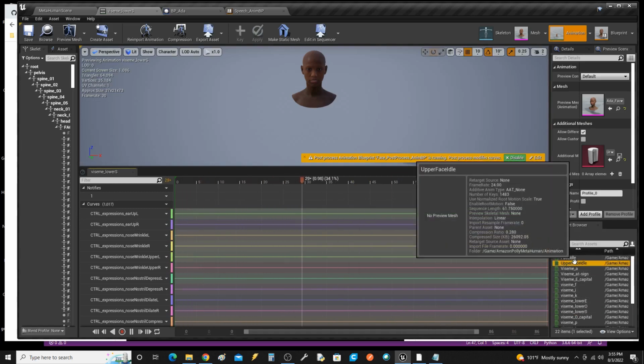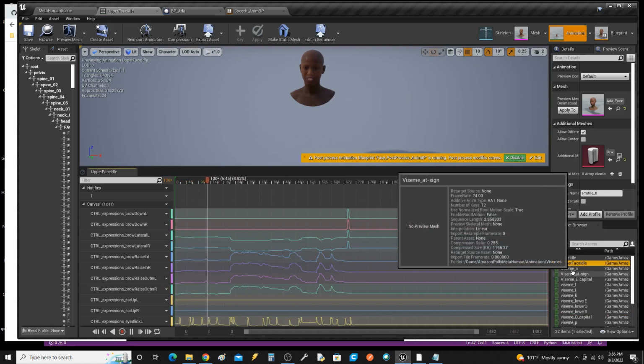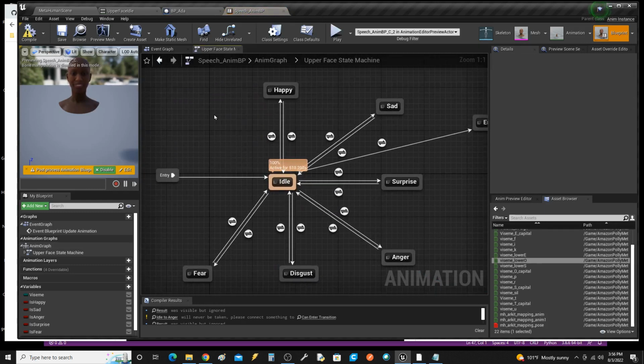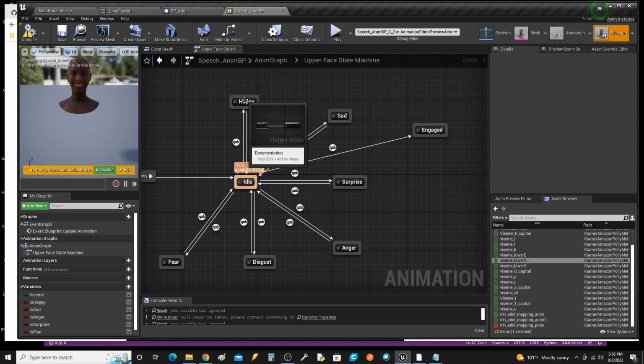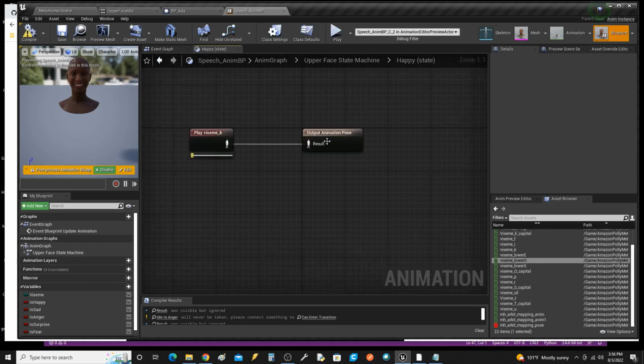And I don't know if you're going to have happy visemes and sad visemes. So what that means is that I put together a very simple state machine that might even be deeper than this, but if you're happy and you go into this state machine, you're going to play this particular viseme, and maybe what happens is